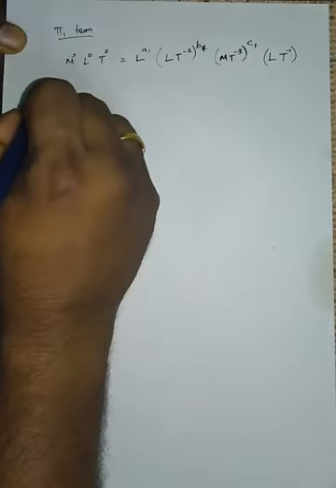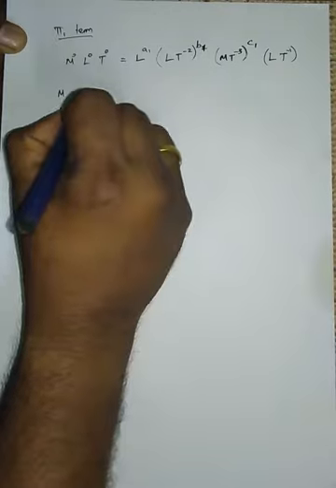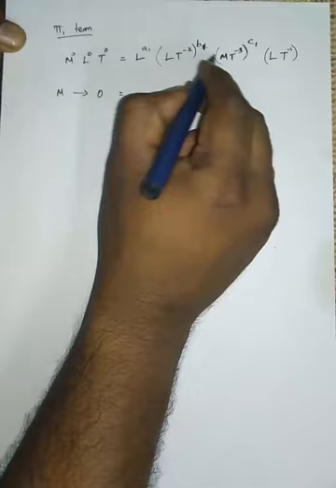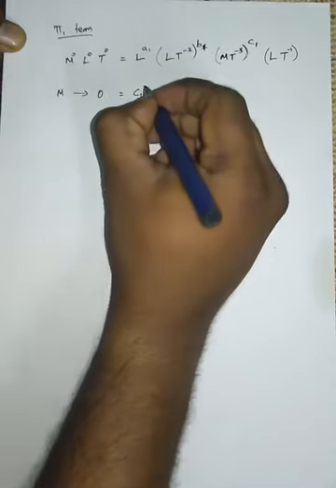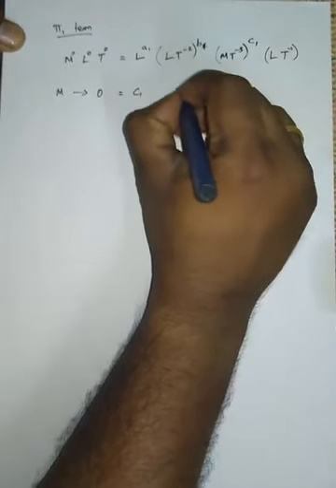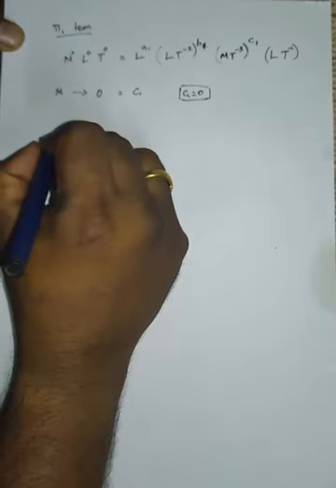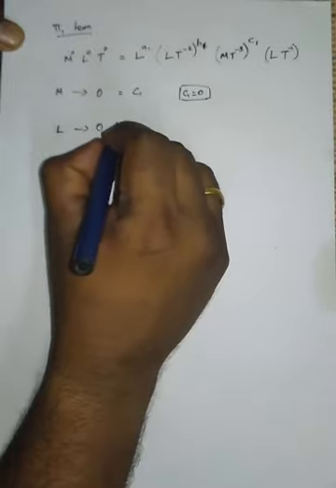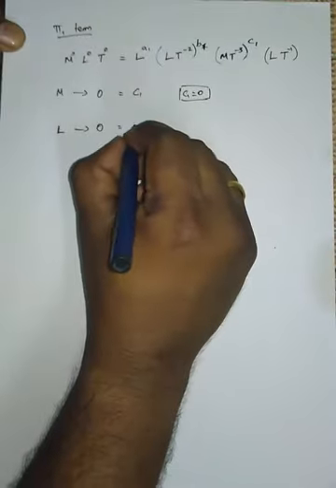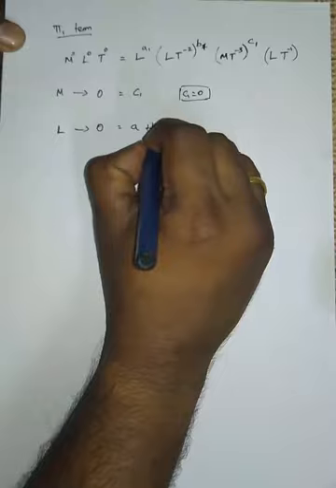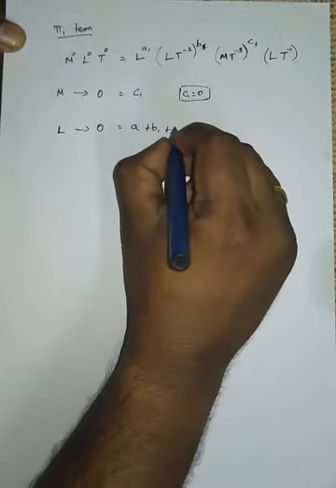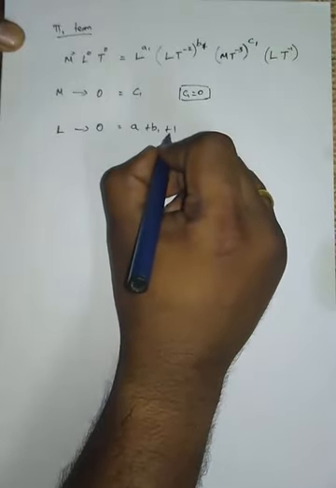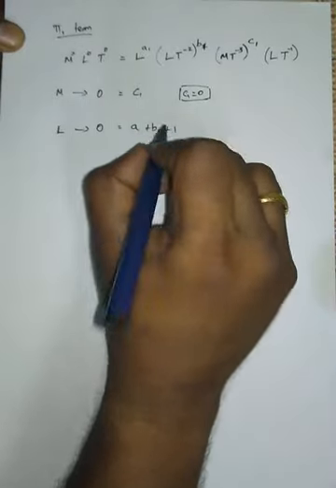Now you have to take the power of M. On the left hand side it is 0. On the right hand side, here it is 0, here it is 0, here it is c1. So c1 equal to 0. The next one is the power of L. On the left hand side it is 0. On the right hand side it is a1 plus b1 plus 1. So a1 plus b1 equal to minus 1, that is the equation we found out here.